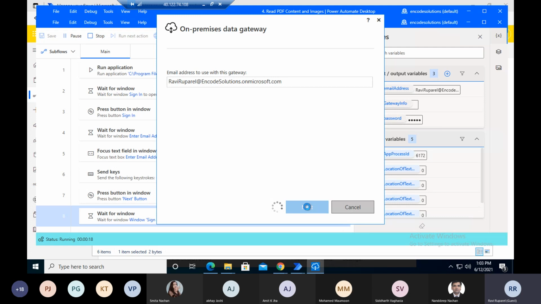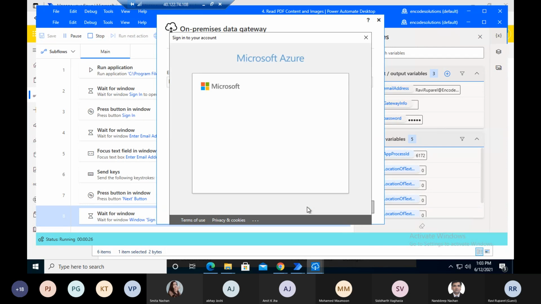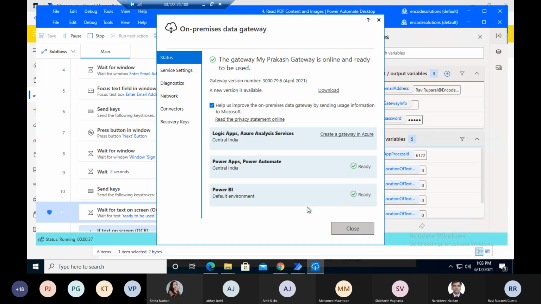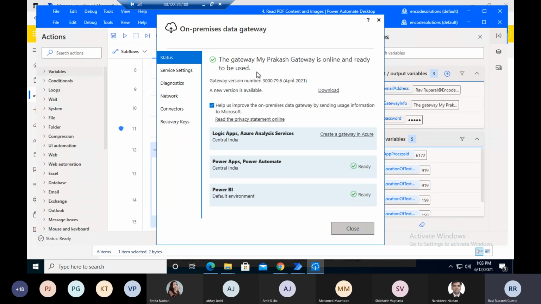It is waiting for the next window to run. So from this window I have fetched this text, and this text will be stored into the text file.